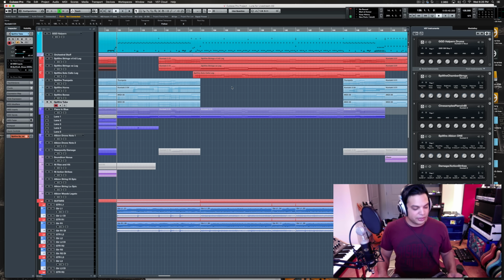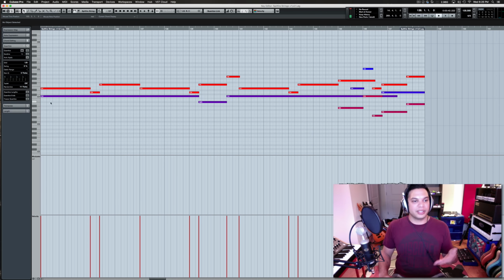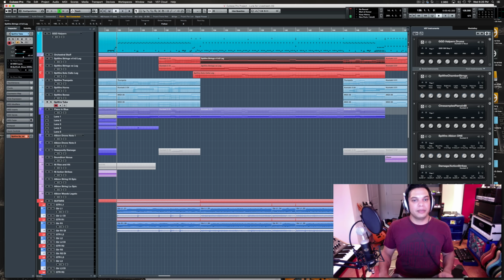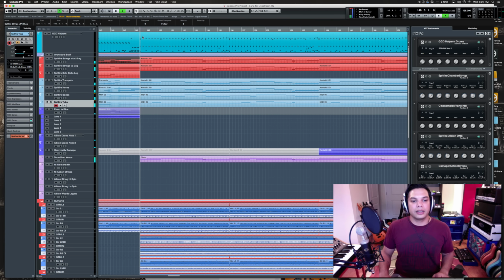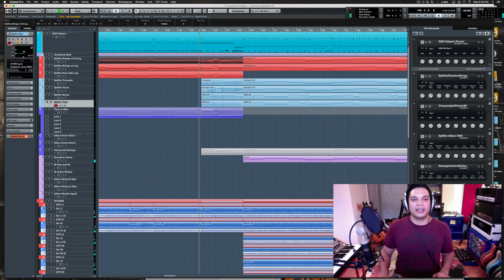Sheet music is for nerds. No, sheet music is for people who know how to do sheet music. I don't, because I'm stupid. I have a system that works. This is theory in its own sort of way. It just looks different, and I'm just using my ear to write. But it works for me. It's fun, so I like it. Yeah, the epic. This is the climax of the song.